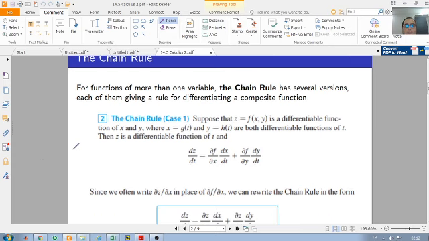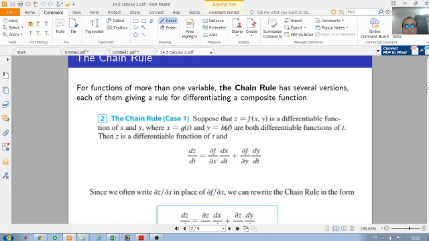So the first version is the first case of the chain rule. We suppose that z is equal to f of x, y is a differentiable function of x and y. So we consider functions of two variables. x and y are the independent variables. z is the dependent variable, where